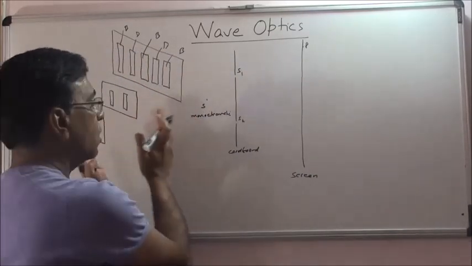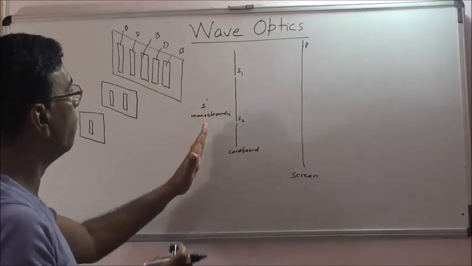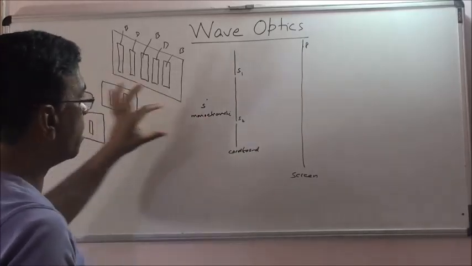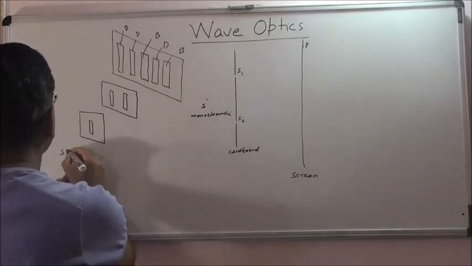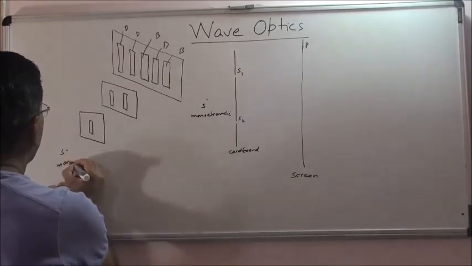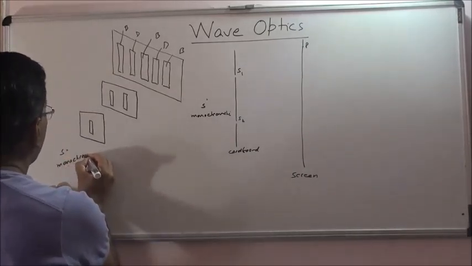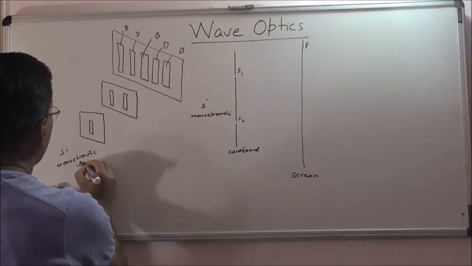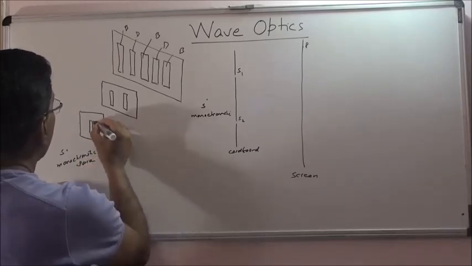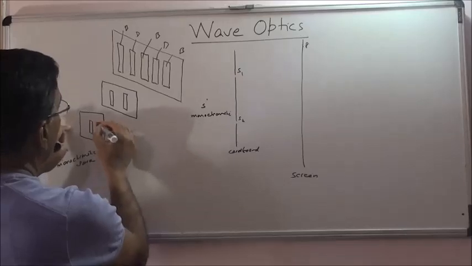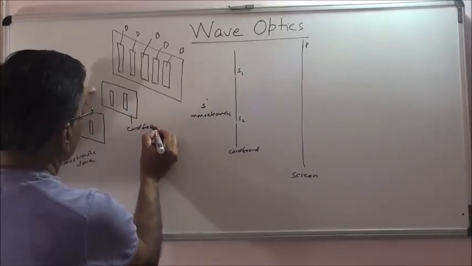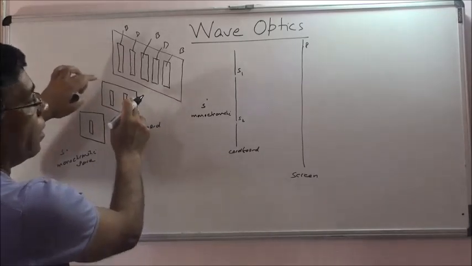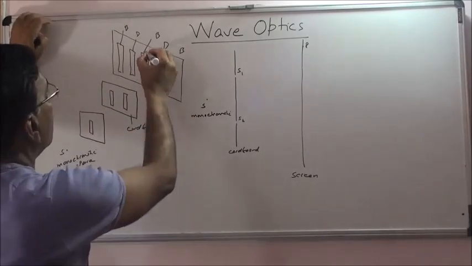Or this arrangement is more or less the same. The only difference is here I am taking slits, and it is a point source. It will give the same type of results. Again, S is a monochromatic source of light, a cardboard with a slit in it, and we have divided the light into two parts, two slits, and these are the